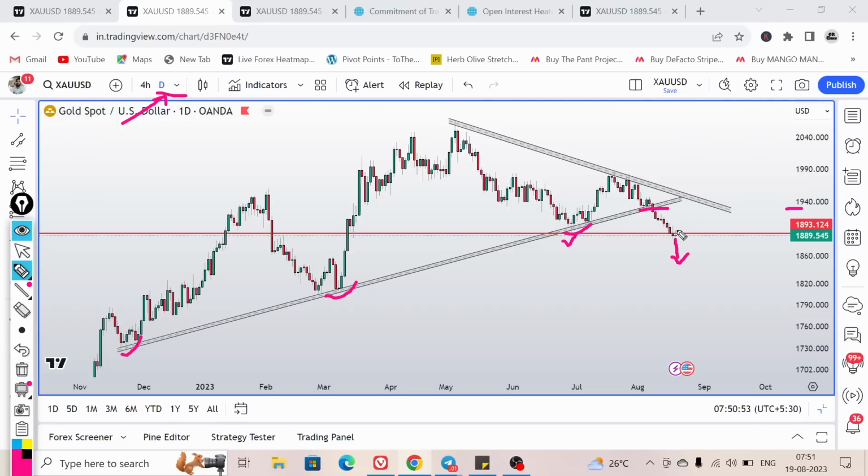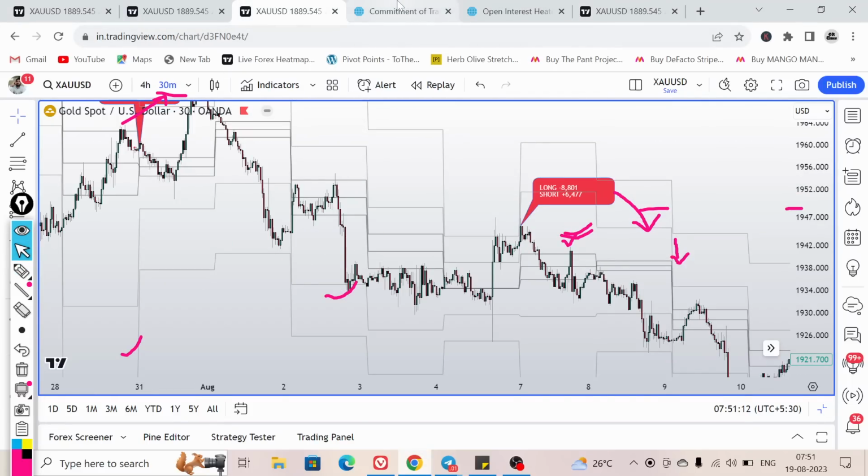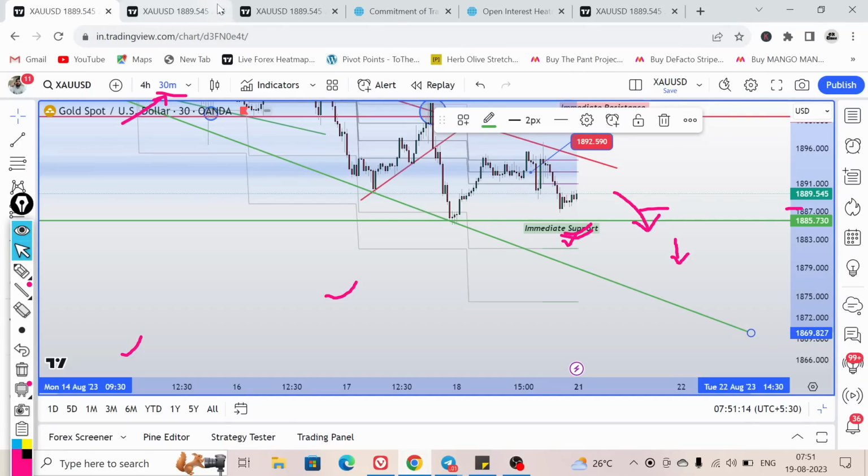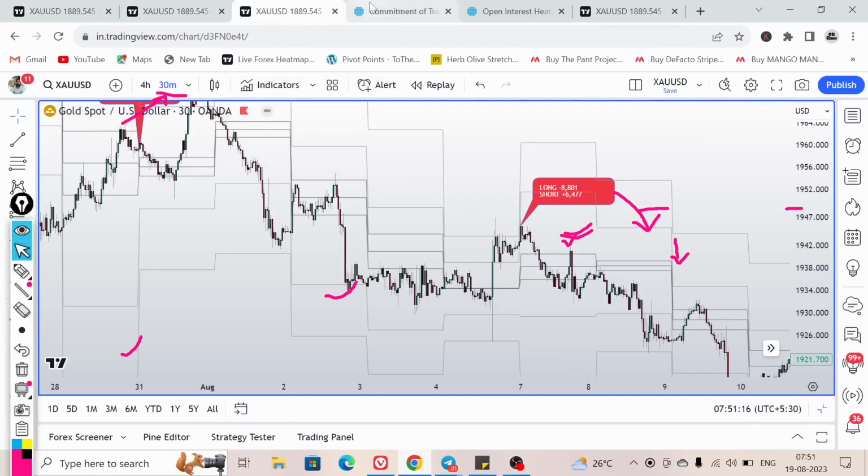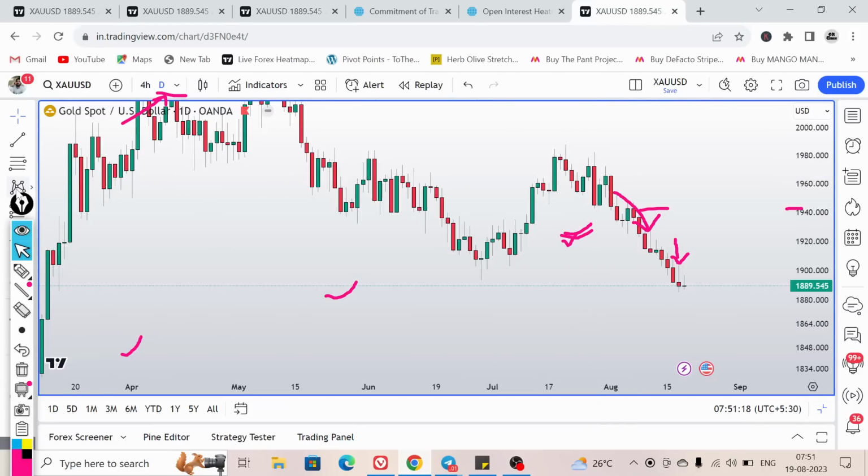To go higher, the current price needs to break above the previous high and has to close a candle above that price, but that seems very difficult because we can clearly see big selling pressure on gold on the daily time frame. And if we talk in terms of the intraday scenario,